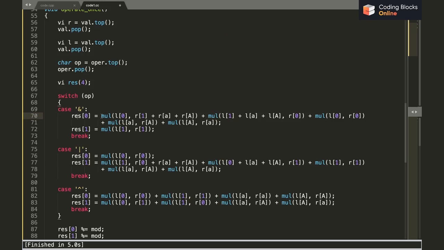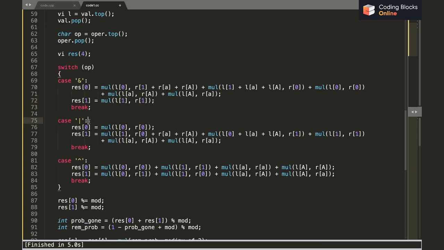So I multiplied L of 0 with R of 1 plus R of A plus R of capital A, because if the left is 0, then right can be all these. Then I fixed my right as 0, and I added the possibilities of left and multiplied it, and then basically both 0, and then small a capital A, then capital A small a, right?